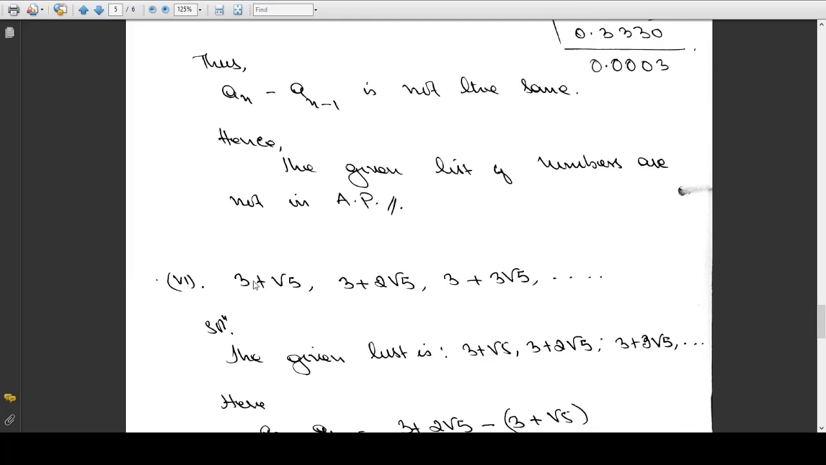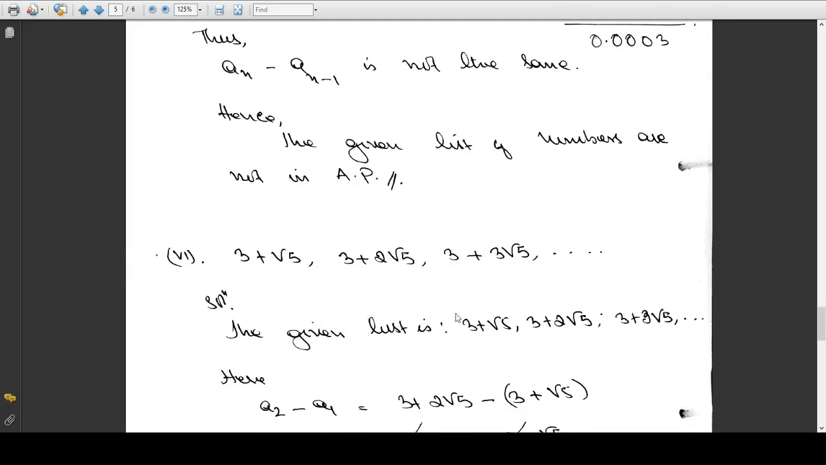Number 6, you can try this by yourself, or you can follow from this video, but it is the same thing. The procedure of doing it is the same. Once you understand the procedure, we will proceed ahead with checking whether the given list is an AP or not. Okay, now the given list is these